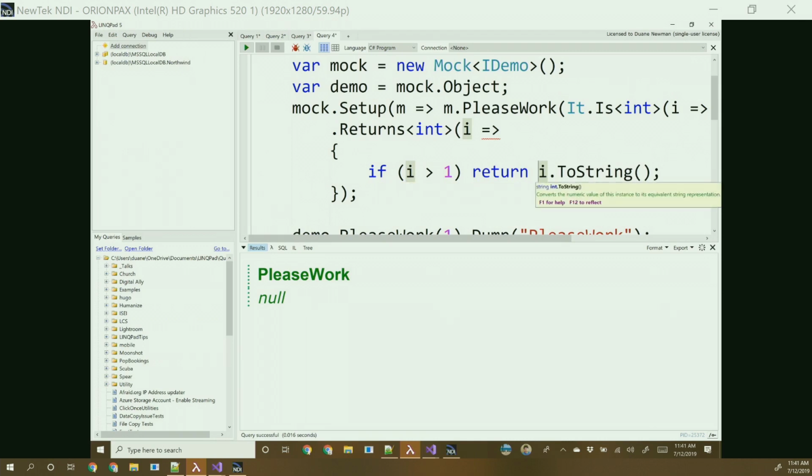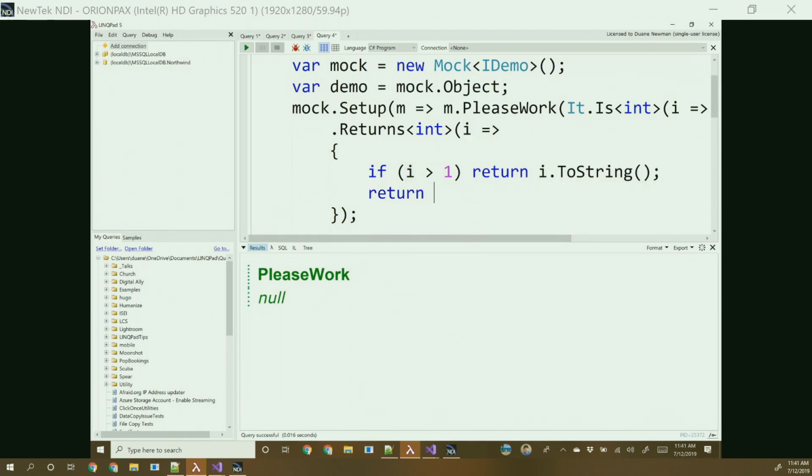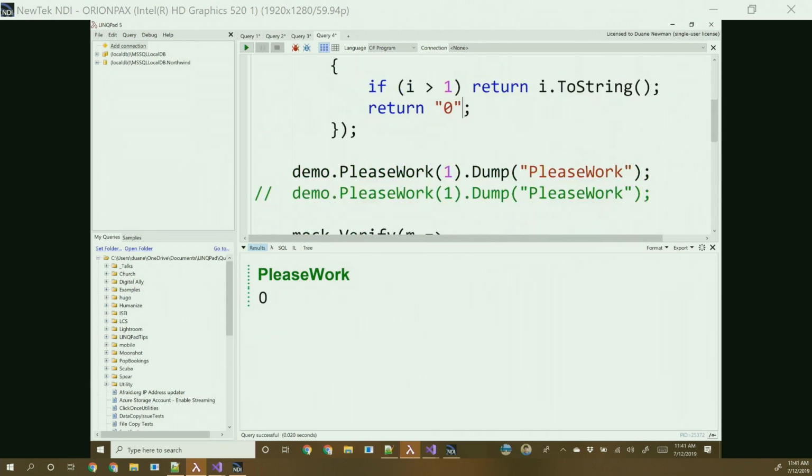Otherwise we'll just return 0. Oh, sorry, return 0. So I've passed in 1 to it, I've gotten 0 out. Now if I make this a 2,